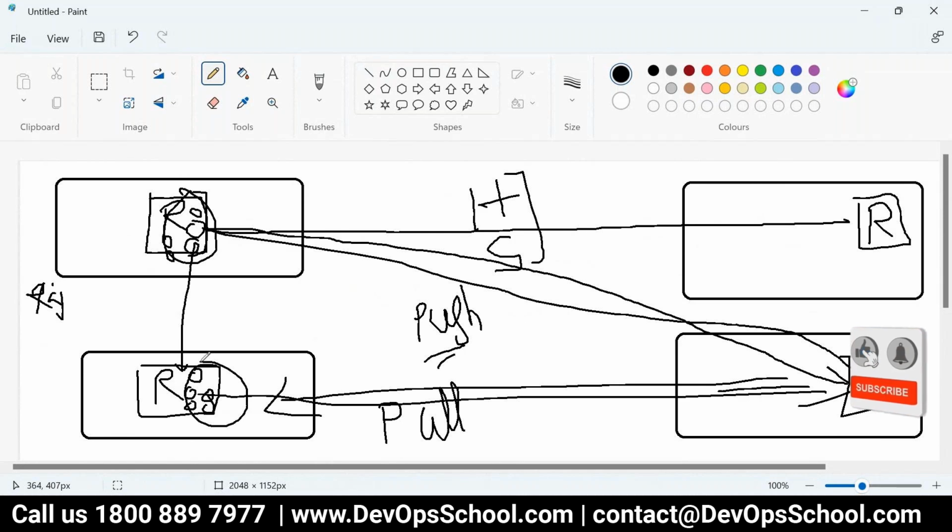Will it happen automatically once you access this protocol, HTTPS and SSH, or do you have to manually push it? Manually push and pull. Automatically nothing happens actually. We have to do that. I'll put it this way: I'll do the push to your repository. You'll give the location, then all my objects will get pushed to your repository.